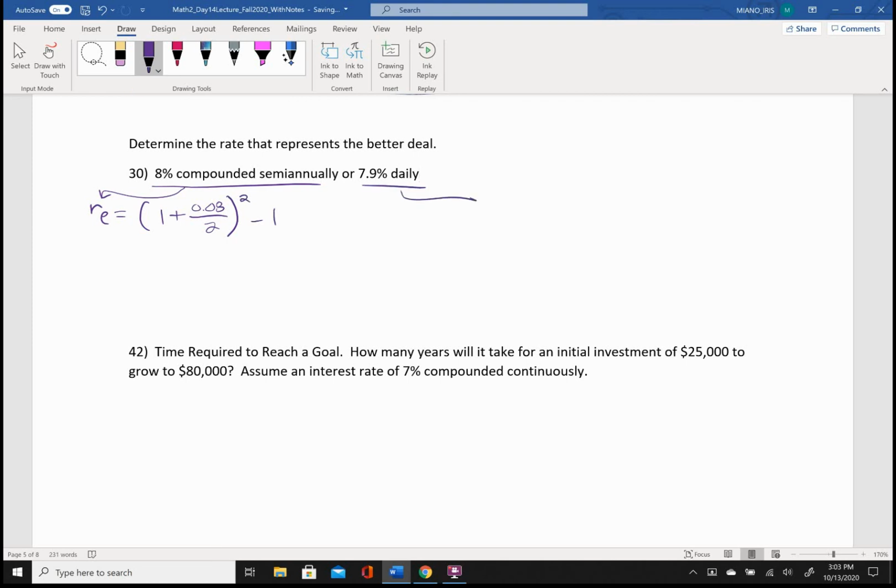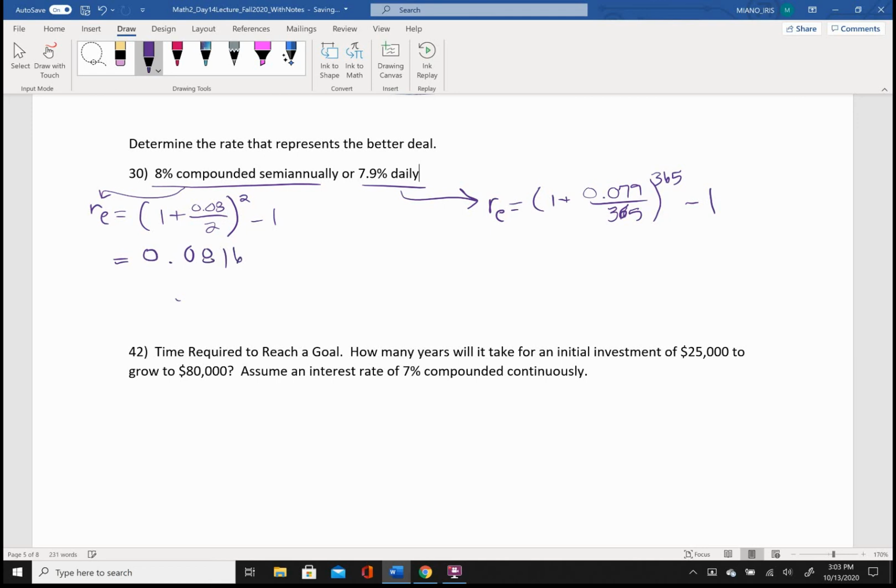Or we're going to have this scenario here. This other R sub E is going to be calculated as 1 plus 0.079 over 365, but raised to the 365th power minus 1. Again, carefully typing this into your calculator, you should get